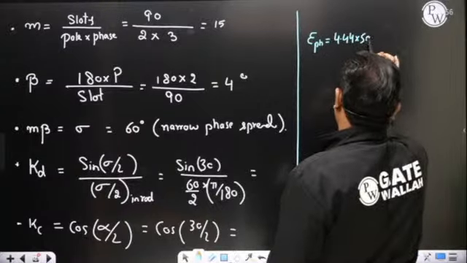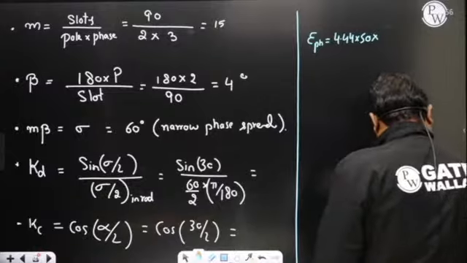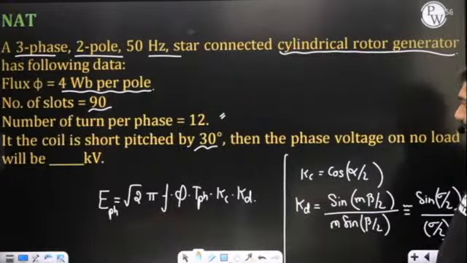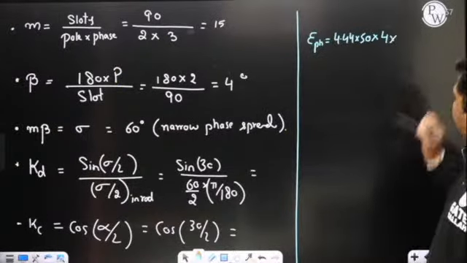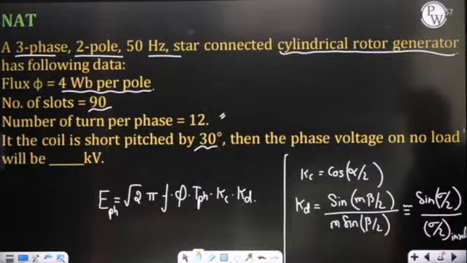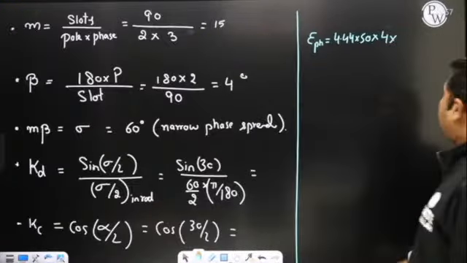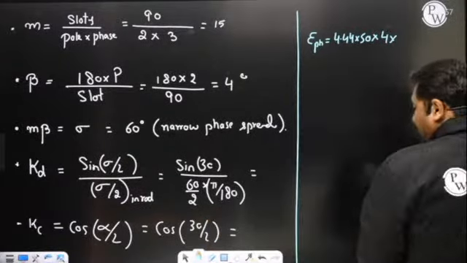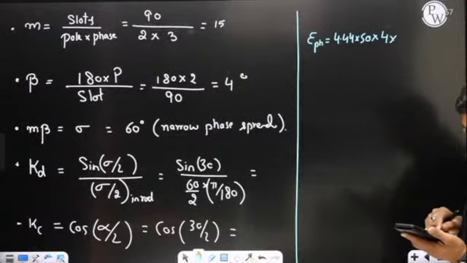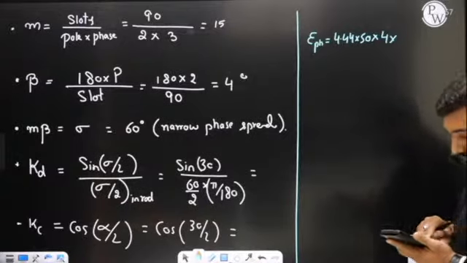Now please observe, the per phase induced EMF is 4.44 into 50 into, I have just multiplied the root 2 and pi. So f is 50, phi is 4 Weber per pole. It should be in Weber only. Yes sir, 4 Weber per pole. Then KC and KD are cos alpha by 2 and sine. So cos 15 is